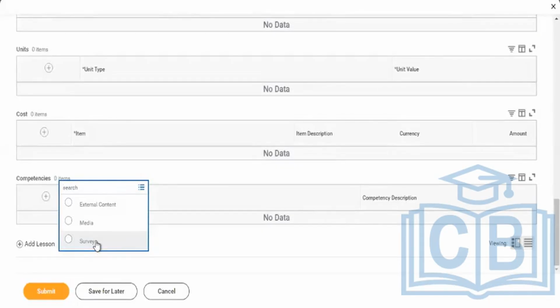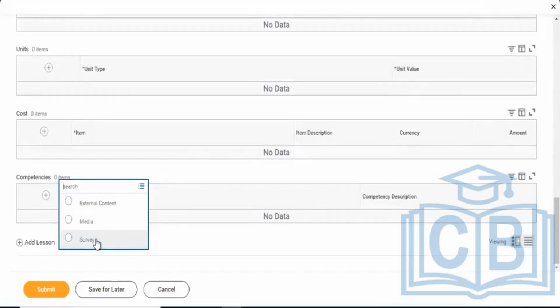For example, you have scheduled some time today, and within 30 minutes the survey has to be sent based on completion. The survey will be sent to employees, survey results will be shown, media will show all the media files, and external content